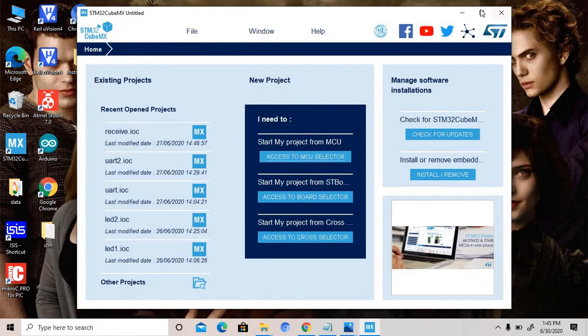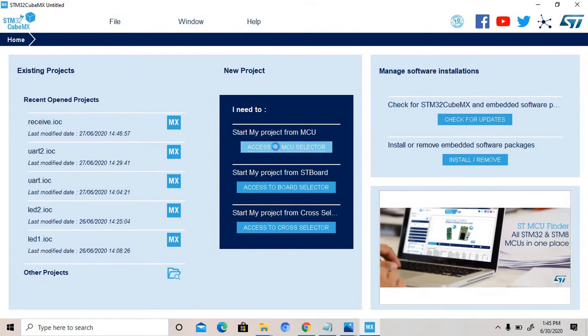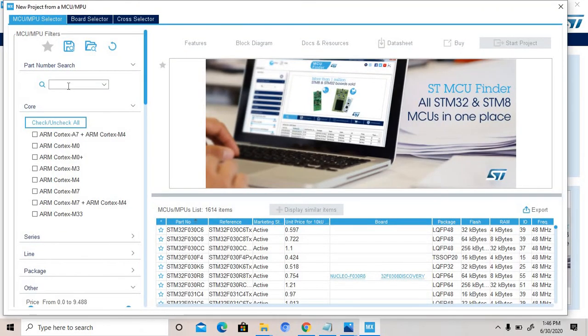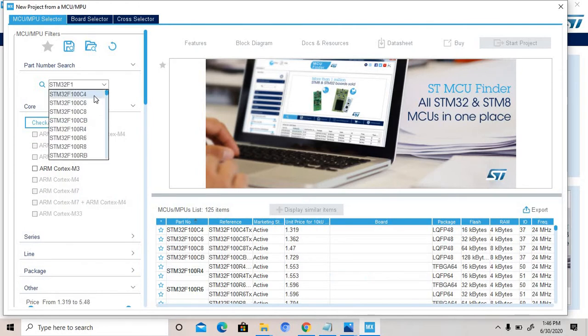Go to the access to MCU selector. Enter STM32F1. We are working on 103.